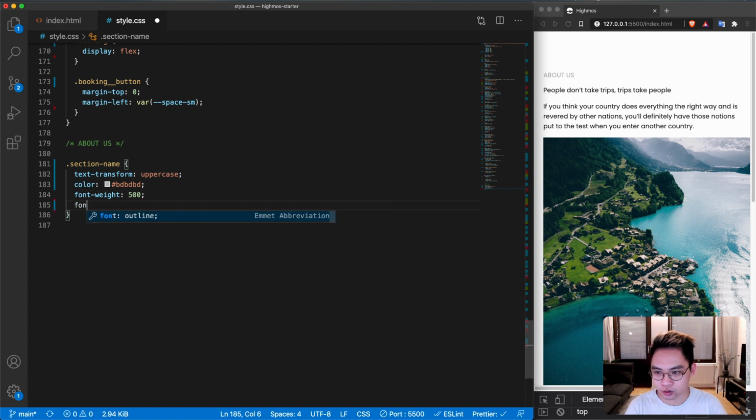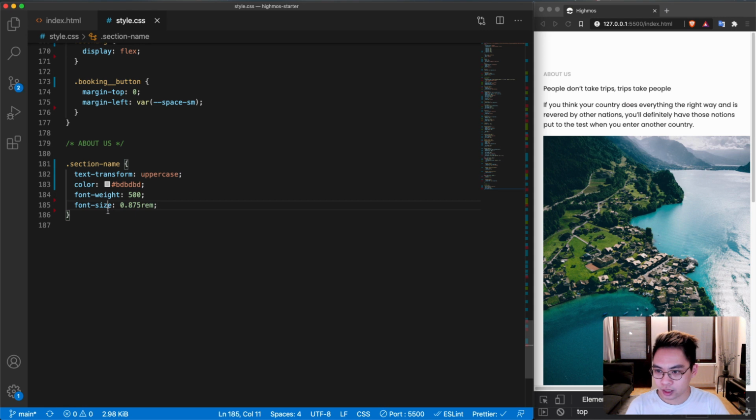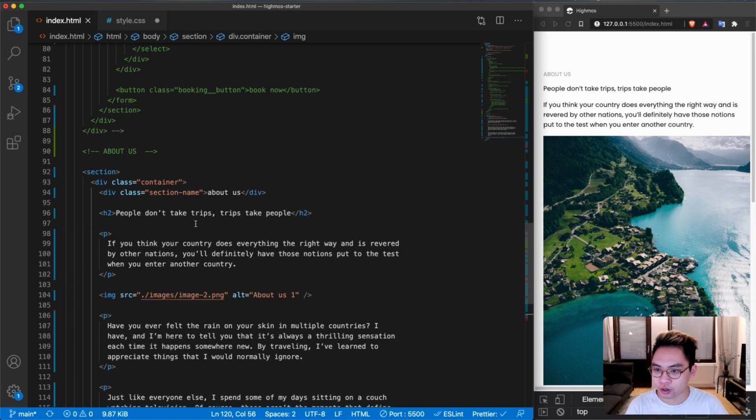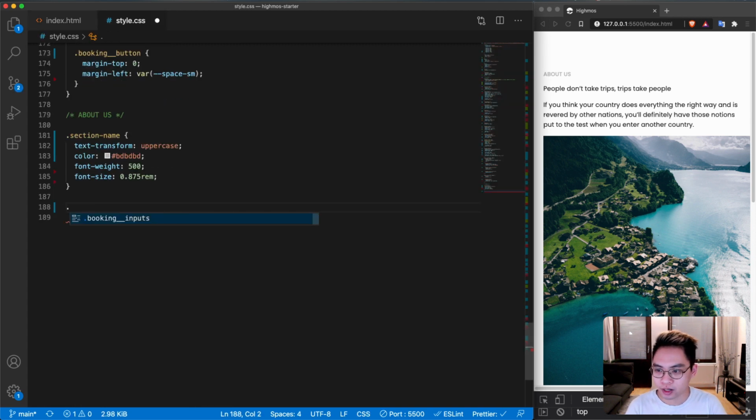And font weight should be now 500. And let's also add the font size to be, let's say, 0.875 rem, so 14 pixel. Yeah, it looks good. And for the H2, do we have the name for that? No, we don't have the name for that yet. So in here I'm going to say class name About Us. So we're going to select the H2 by saying About Us,